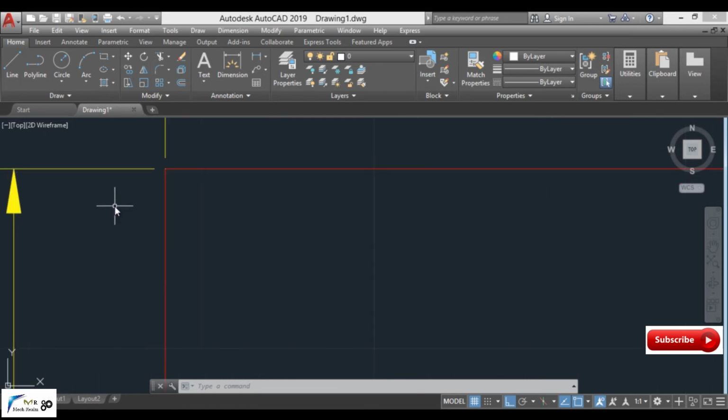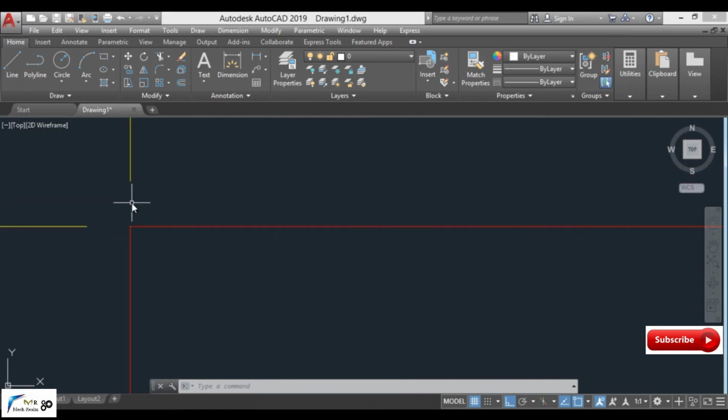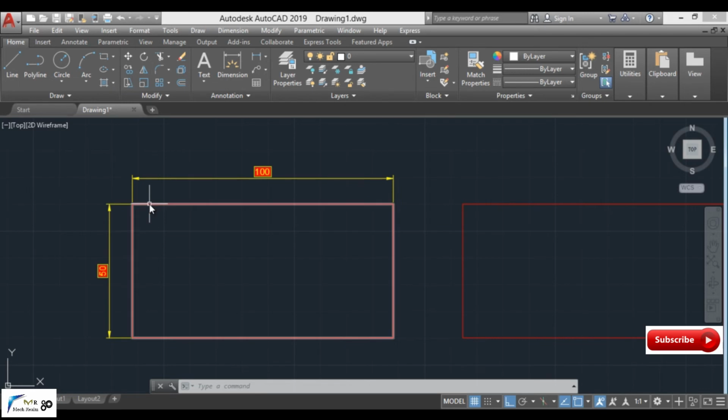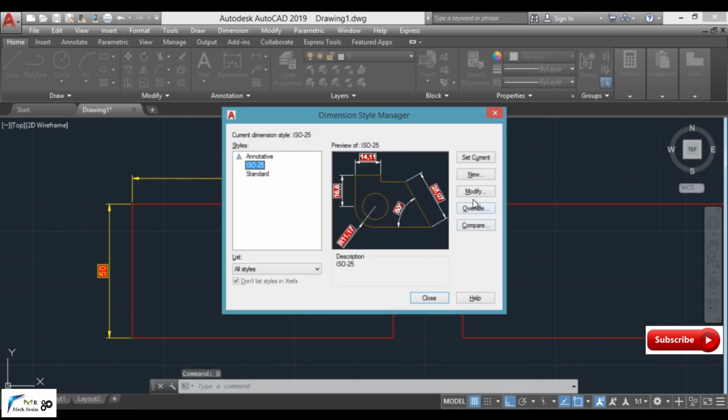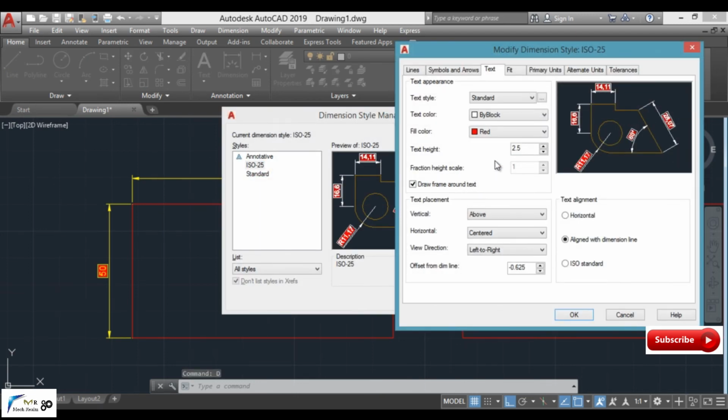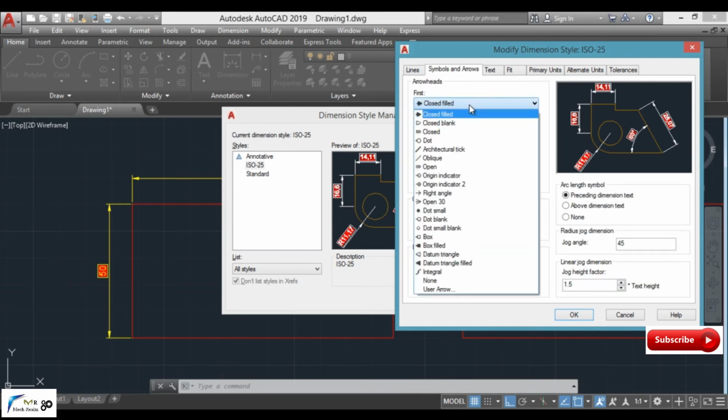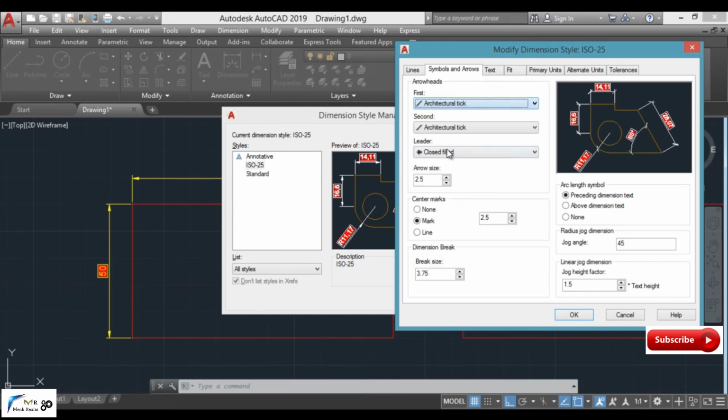Now in order to make more changes, that is in the case of changing arrow size, changing arrow shape, or increasing the distance, that is the offset beyond dimension lines, and much more, we simply type D Enter once again, move towards Modify, and from here move to the Symbols and Arrows option. The first arrowhead can be selected as, suppose, Architectural Tick. If we are creating an architectural drawing, this one is the best.